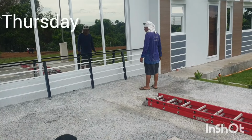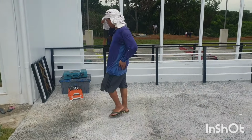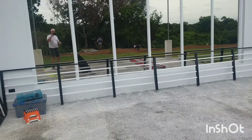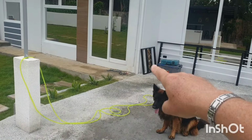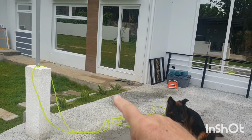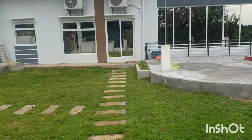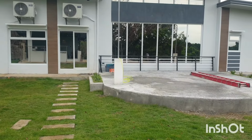Right, what have we got today? Well, my friend the welder is putting in this metal fence from the corner there straight across to there. That's to stop Max from scratching those windows. And then there's a small gate going there, and there's another fence going across and back. And then straight back there. So that's a little event taking place on, what day is it today? I think it's Wednesday. So Wednesday the welder's here to do my